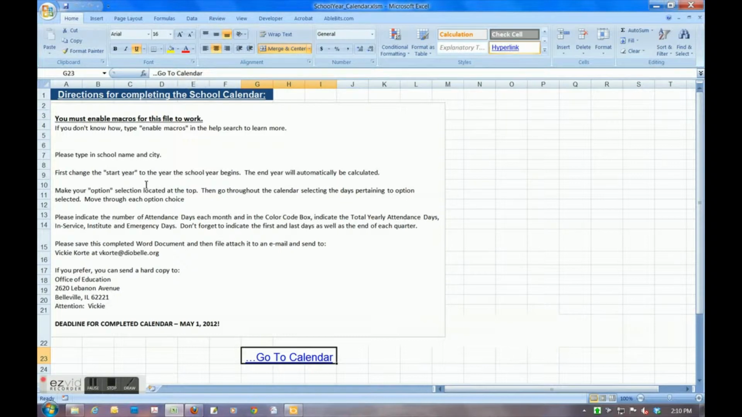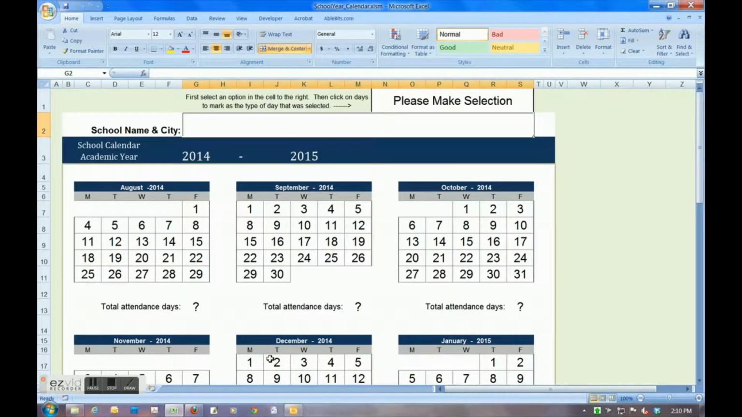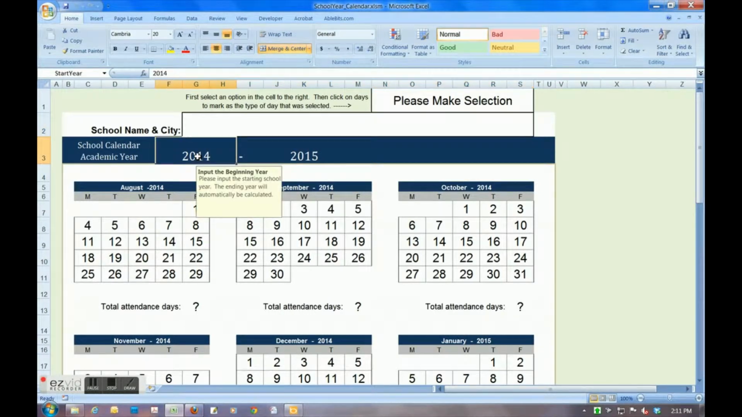So once you've enabled the macros, the file will immediately take you to the directions so you can read what you need to do. Once you're ready to start filling out the calendar, go ahead and hit the Go to Calendar, and it'll take you to this screen. And this is fairly simple and easy to do. So the first thing you want to do is click on the beginning year of the school year and type in the beginning year. So this next coming year is going to be